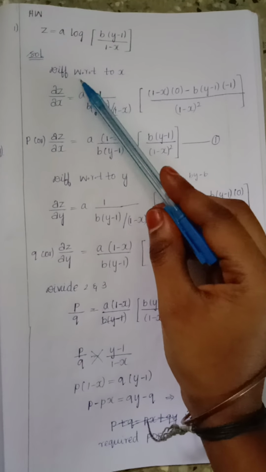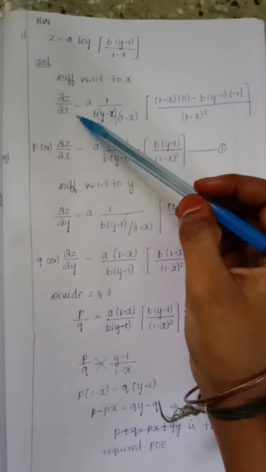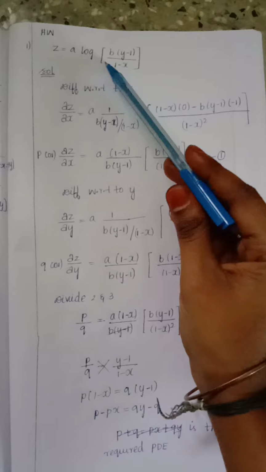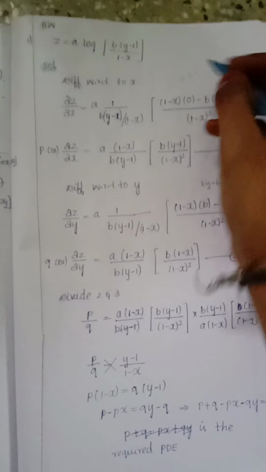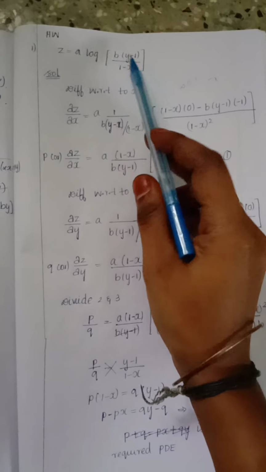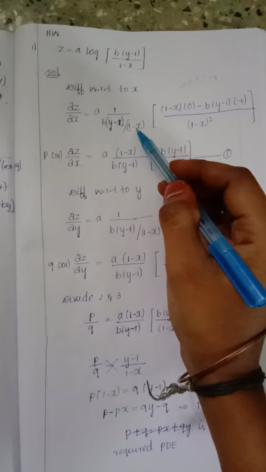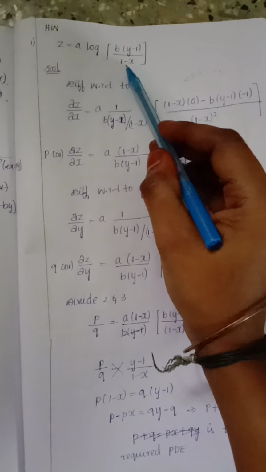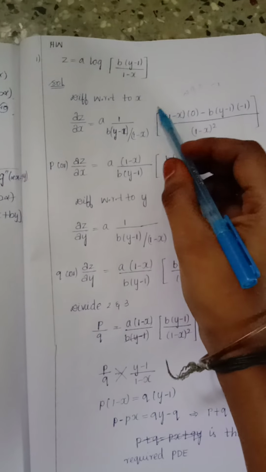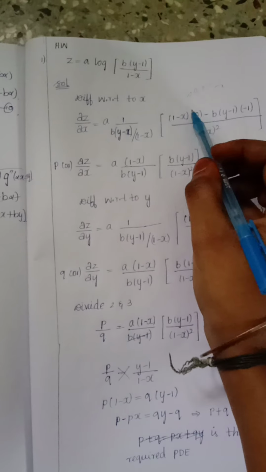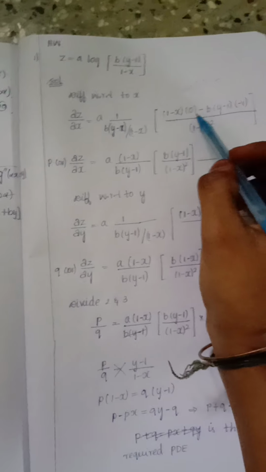First we differentiate with respect to x. So dou z by dou x equals a into the derivative of log x, which is 1 by x. This is the x term. So b into y minus 1 divided by 1 minus x, which has another x, so it is in the form of the u by v method. So we do v u dash, where v is 1 by x and u dash is 0, as there is no x term, and minus